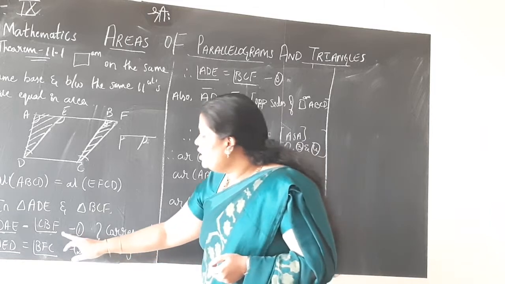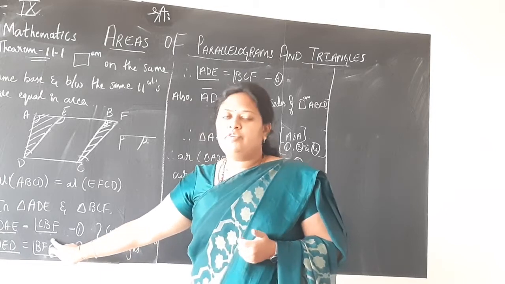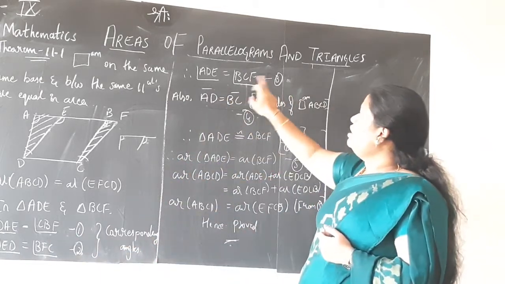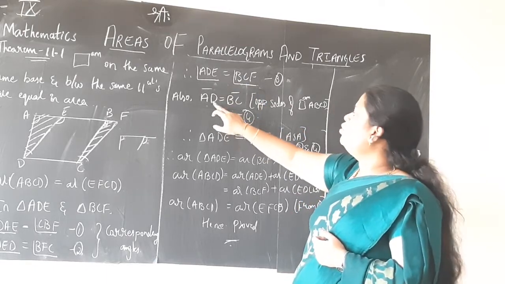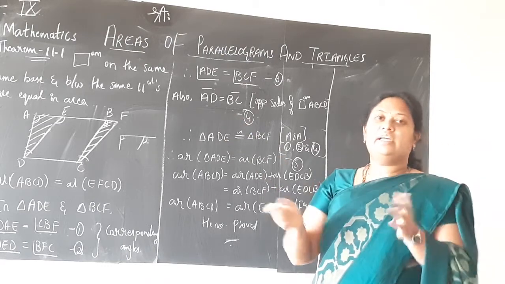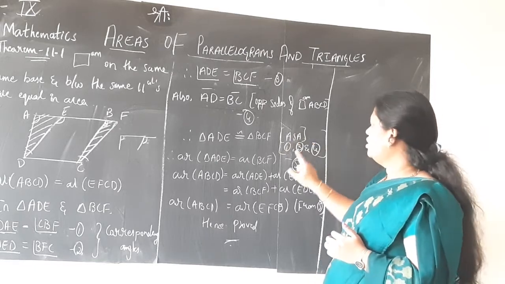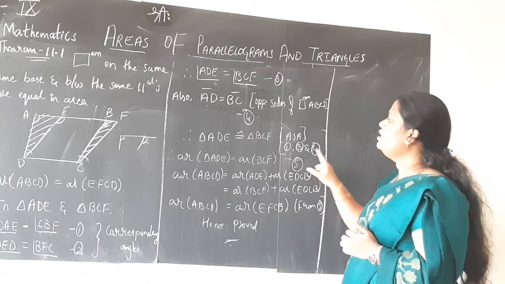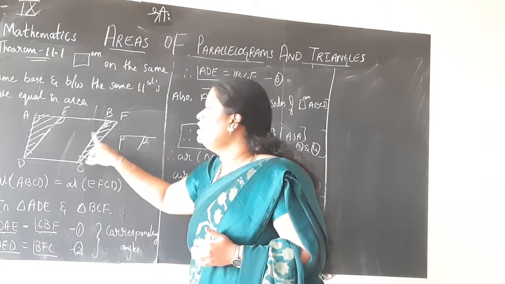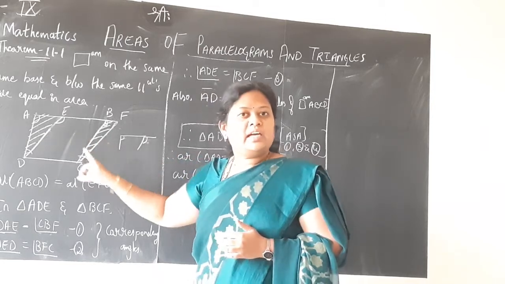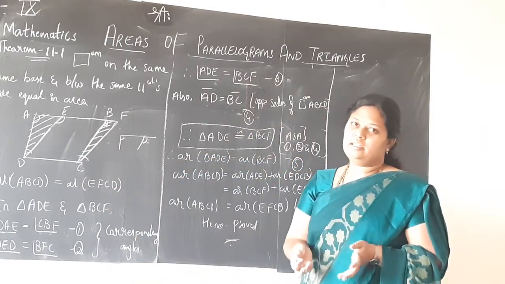Now compare equations 1, 3 and 4. We have angle A equals angle B, so one angle of the two triangles is equal. In equation 3, we have proved the second angles, D and C, are equal. In the fourth equation, we have proved one pair of sides is equal. So, from ASA congruency, angle side angle congruency, or equations 1, 3 and 4, triangle ADE is congruent to triangle BCF. Children, we are proving these two small triangles on either side are congruent. So those two shaded triangles are congruent, that's all.